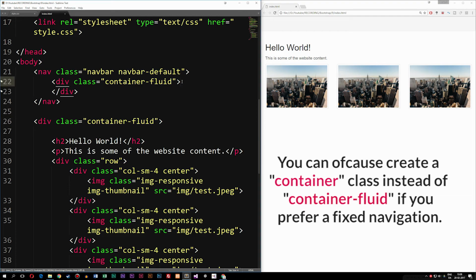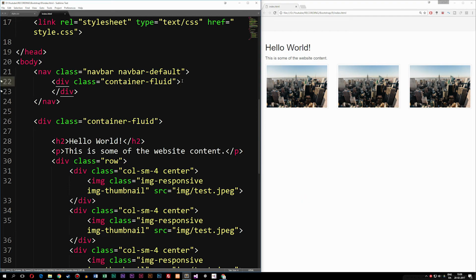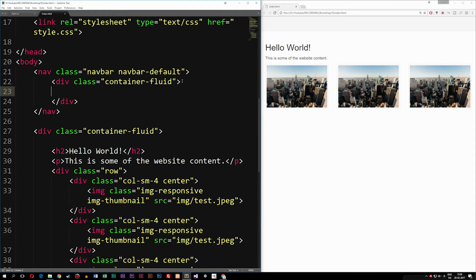So now that we have this, we can go ahead and include all the content for the actual navigation. So I'm going to go inside our div tag called container fluid, and I can start including a logo or the navigation if I want to inside these tags. The first thing I'm going to add is a logo. Now the way we do that is not by just creating some kind of image file or something like that. We need to do it the Bootstrap way, meaning that I'm going to create a div tag that I'm going to call navbar header, like so,